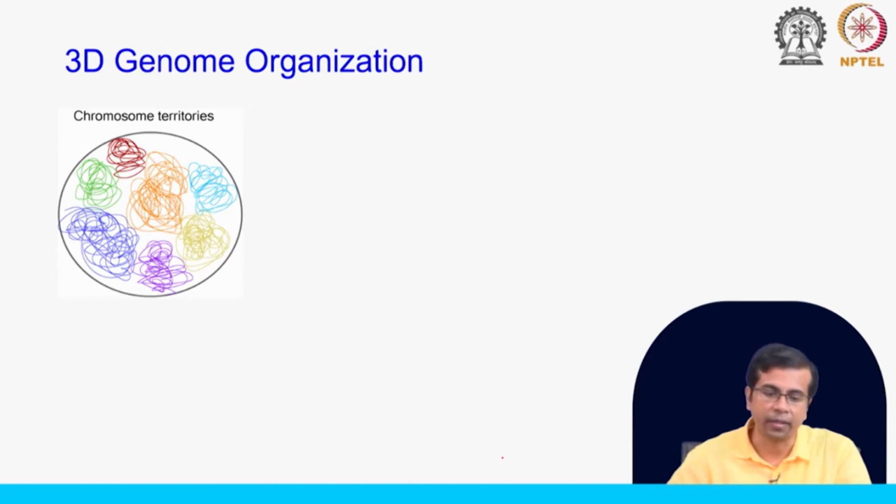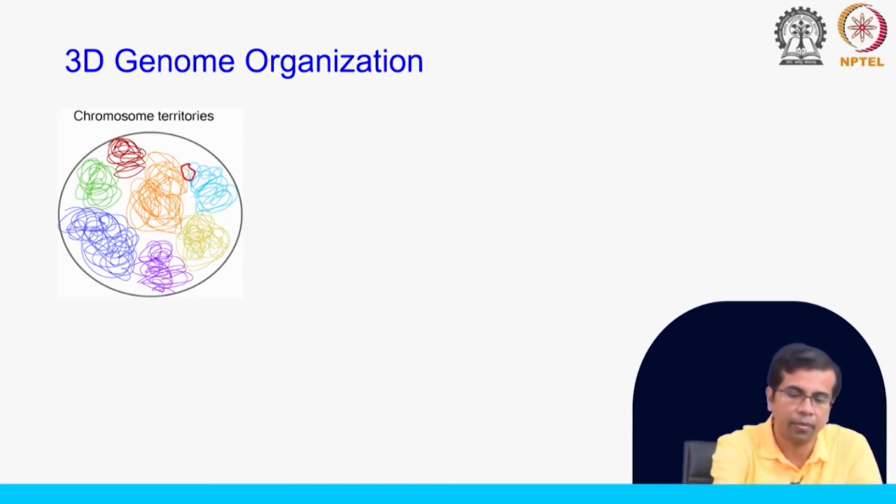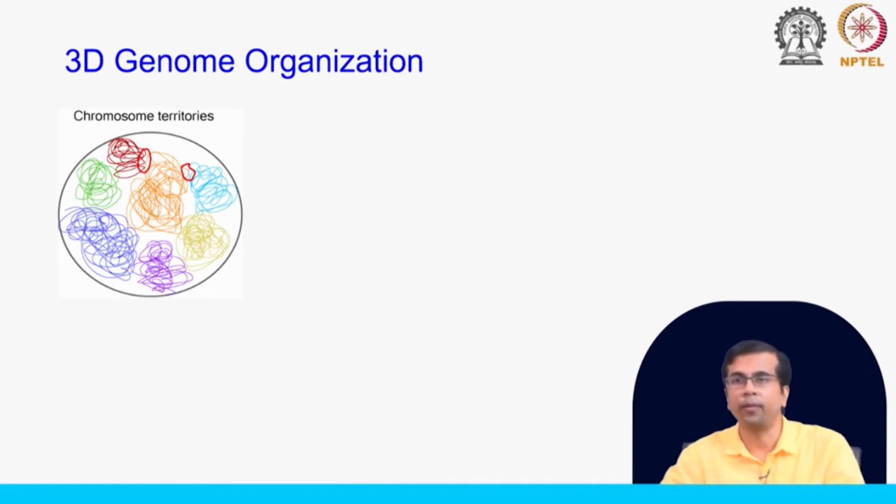So, imagine this circle is the nucleus, and inside the circle you have ribbons of different colors. These are the chromosomes. Each chromosome is occupying its own space. These are chromosome territories, and you can see that there is limited interaction between the chromosomes. You can see some interactions perhaps here, or maybe here, but in total it is quite